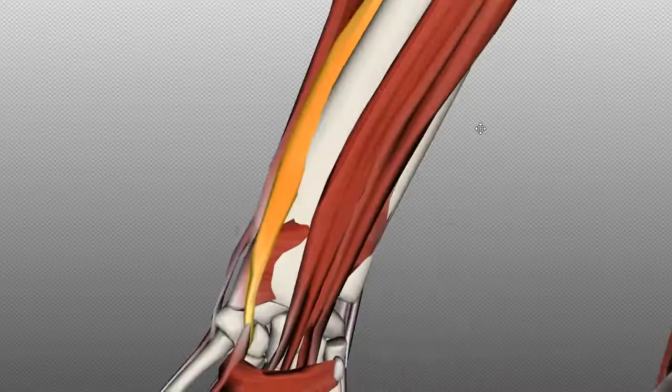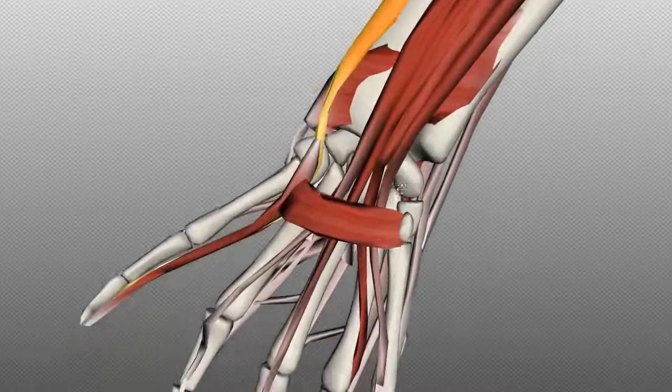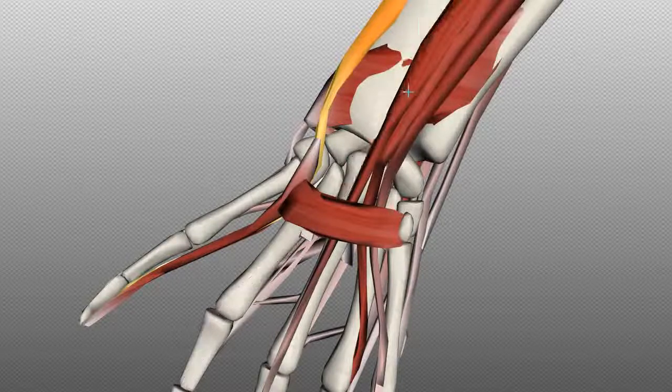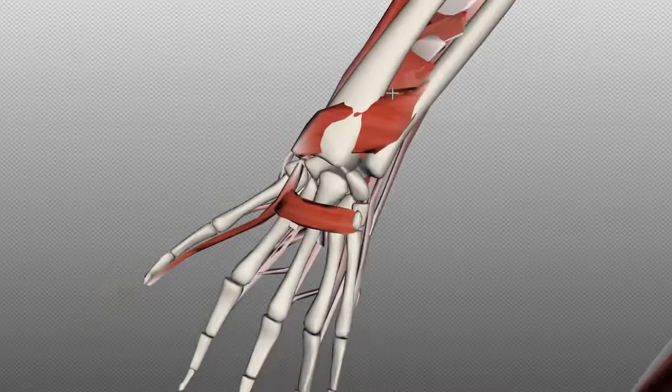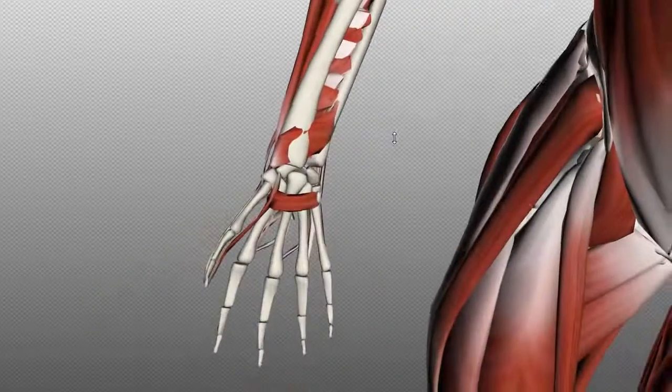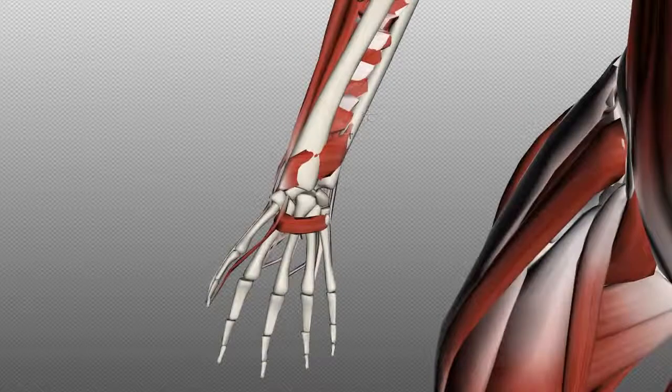So the final muscle of the deep layer is the pronator quadratus, which lies underneath the tendons of the flexor pollicis longus and the tendons of the flexor digitorum profundus. So from its rectangular shape, so quadratus, referring to its four sides. So I've just removed the flexor pollicis longus and the flexor digitorum profundus, and you've got this